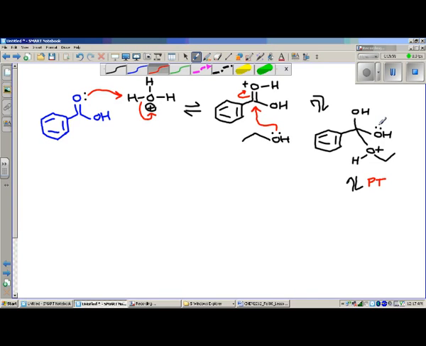In fact, I'm going to show it being attacked by this oxygen. So here we go. It's kind of a long curly arrow here, but you know, I like my curly arrows. So that goes around and grabs that hydrogen, breaks that bond and puts those electrons onto the oxygen. So what we get here,